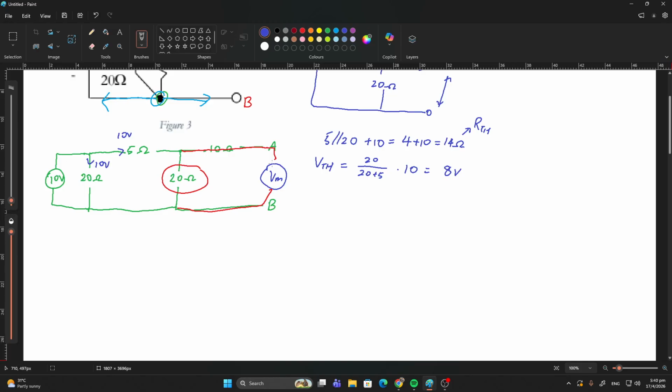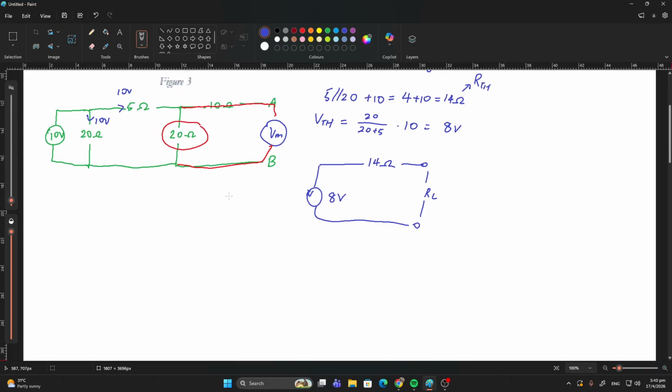I'm not that confident actually. Yep, 8 volts. So there you have it. This is my Thevenin equivalent circuit. It's essentially just 14 ohms with a load connected here, R load, and then this voltage source is 8 volts. So if I want to find maximum power, it's basically